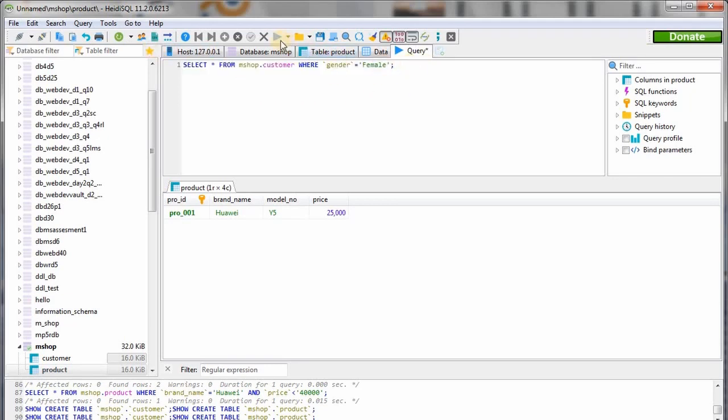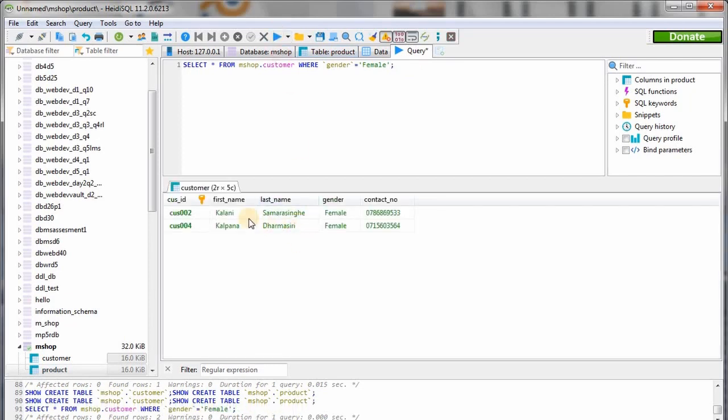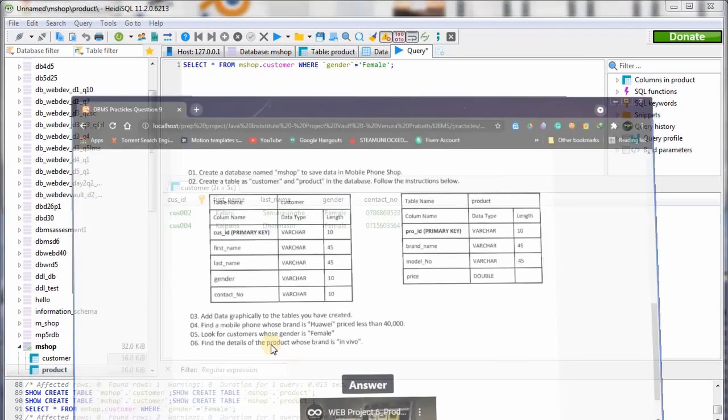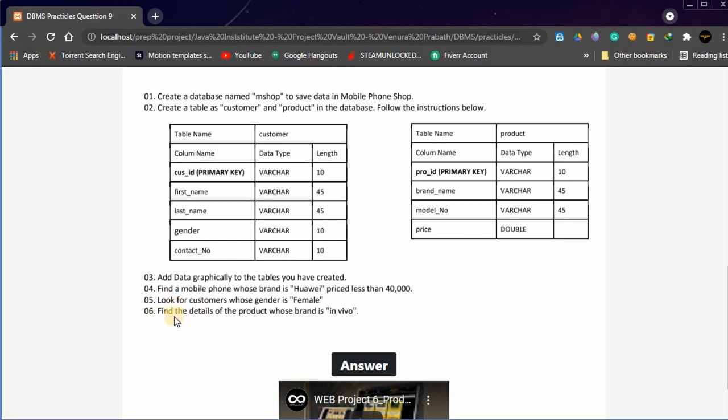Okay, let's execute this query. You can see here's the data whose gender is female. You can see there are two records, Kalpani and Kalpana, and here's the result. Okay, we completed the fifth one, and here's the last one, also the sixth question of